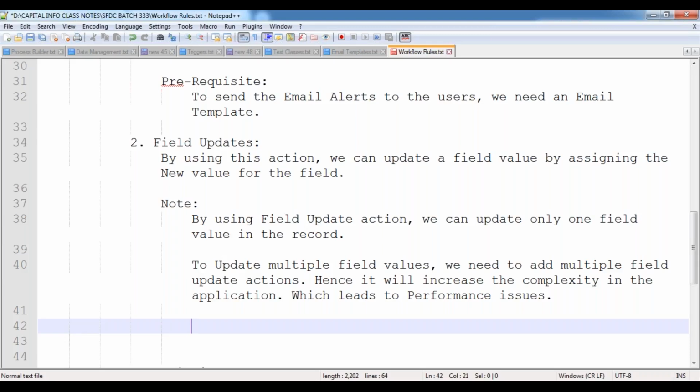But triggers require some coding part. We have to write some code. We have to write some logic through programming. By using Apex programming, we need to write some logic. That is the difference. Suppose the client says, boss, I don't want development, I want only the admin part,